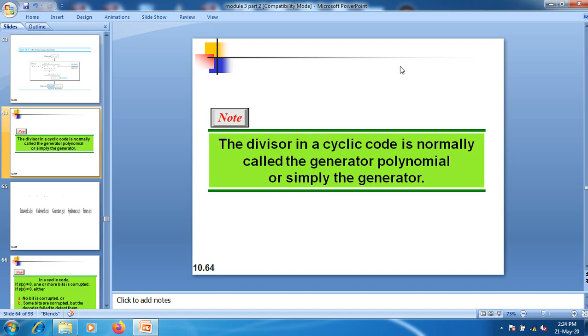Whenever the destination receives some sort of corrupt information, it performs the division operation. If it receives 0 as a solution, in that case I need to extract the data word from it. In some cases, maybe the received code word is a corrupt one, and whenever we perform a division operation, we still get 0 as a remainder. In that case, we incorrectly extract some wrong information from it.